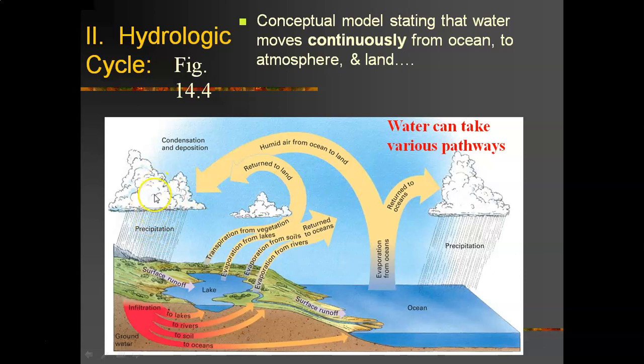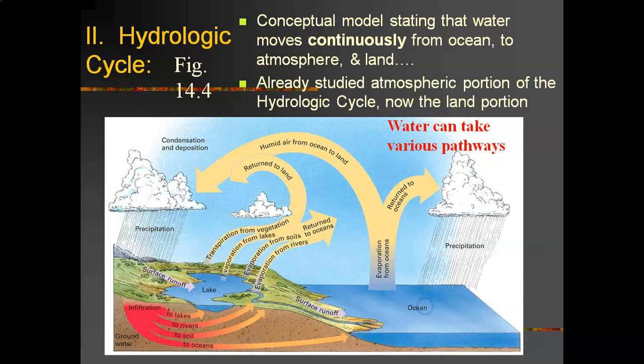It can be evaporated from the ocean and then eventually condense and precipitate right back to the ocean within an hour. Or, it can form a humid air mass, a moist air mass, condense into clouds and then eventually precipitate. And it can take various pathways. It could be stored in a lake for a year or whatever and then eventually run off through a river back to the ocean. Or, it could infiltrate into the groundwater and be stored for like 100,000 years or 1,000,000 years. So there are various pathways and various time scales in which water is in constant movement.